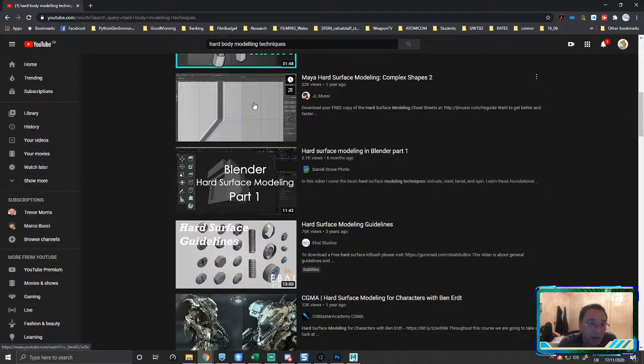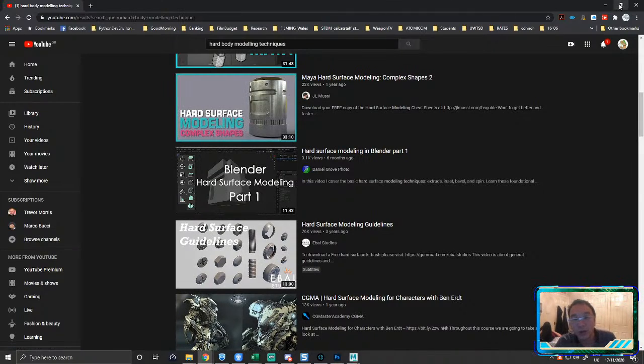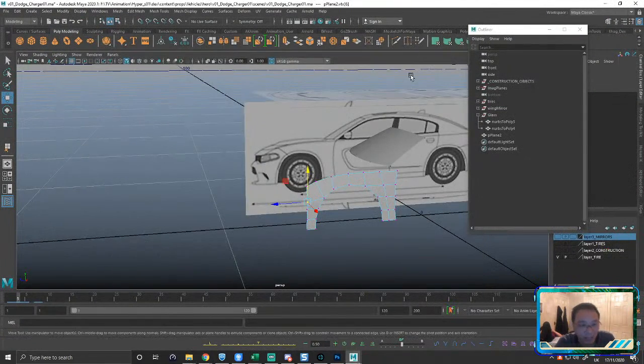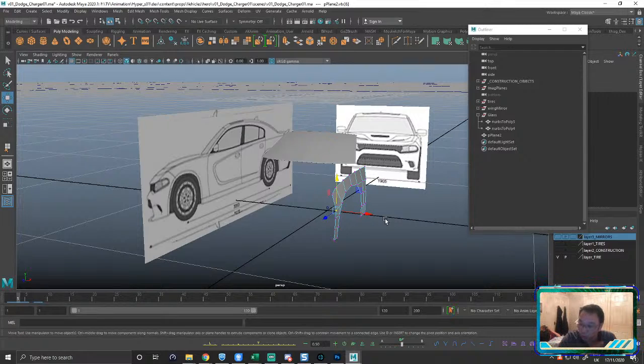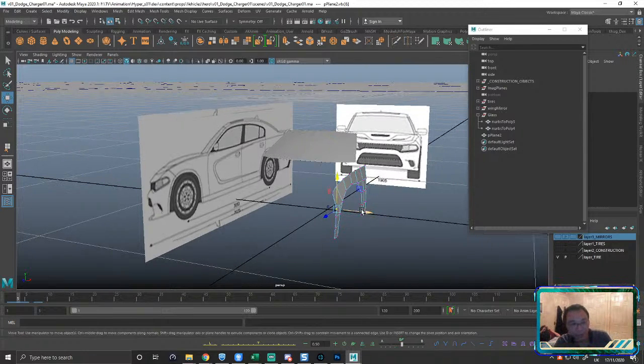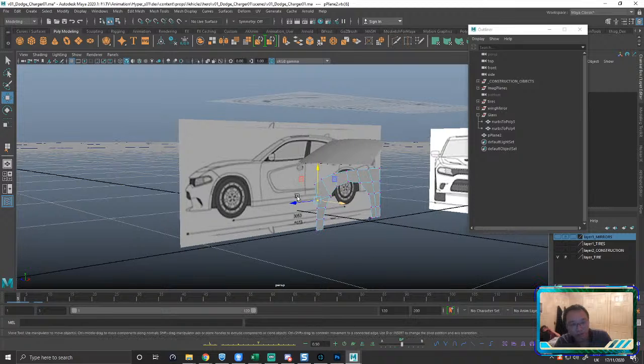This is a good one. Maya hard surface modeling complex shapes, right? But again, you'll notice that a majority of these hard surface modeling tutorials are all polygon based, right? So I showed you a few NURBS tricks in case you want to incorporate that. But if you want to do your car or whatever hard body model assignment you want to submit as entirely polygon, that's totally cool, right? You don't have to do this mix and match of techniques. You can just use one technique and do it all, right? I could use this edge extrusion, face extrusion, append to polygon for the whole car, right?